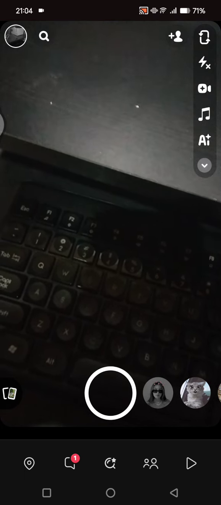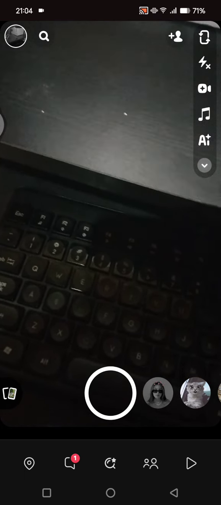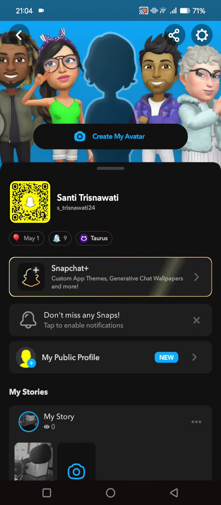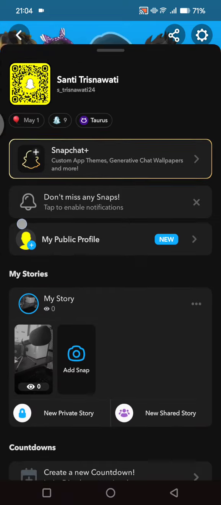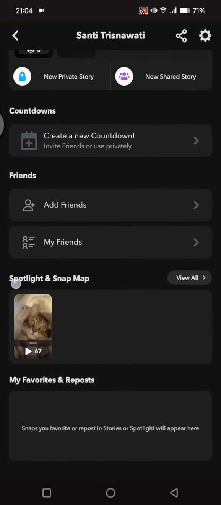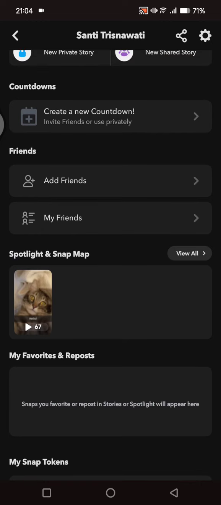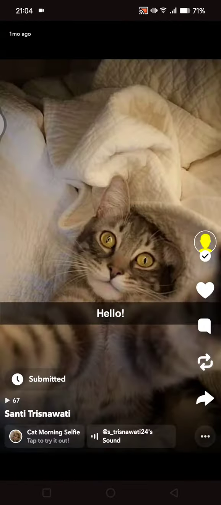So let's just hit on your photo at the top left corner, this one, and you'll go to your Snapchat profile in here. To find the spotlight, you can just scroll down and there will be this spotlight and snap map option. So just tap on the spotlight that you want to delete, this one for example, and here